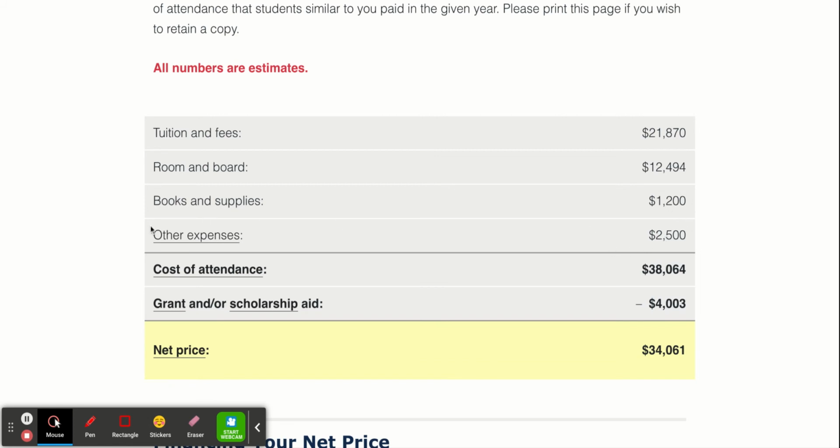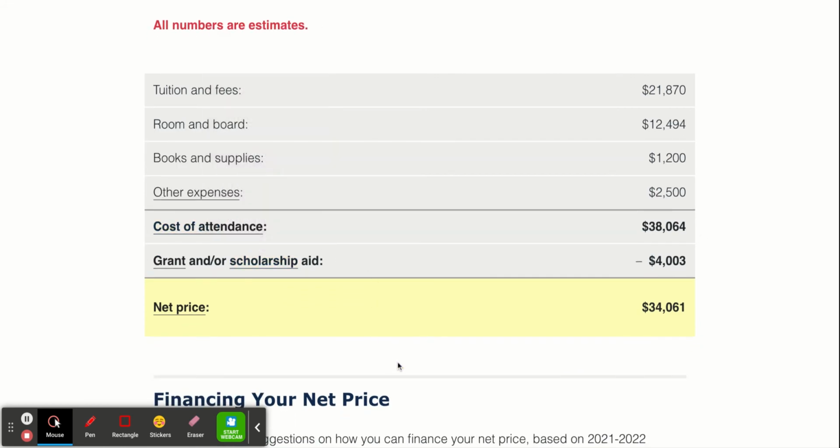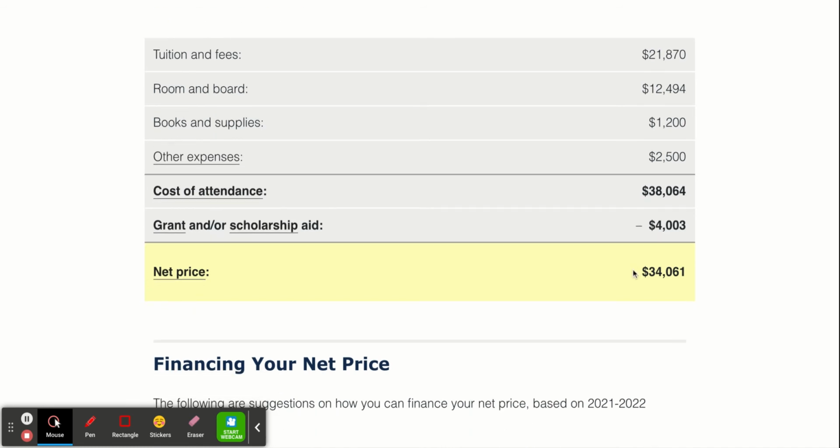Other expenses, if we click on that, could be personal expenses, transportation, if you need a laptop, things like that would be under personal expenses. So the cost of attendance for U of I right now is $38,064. According to what I've inputted based on my financial information, they are estimating that I will get $4,000 worth of aid, which makes my total cost of attendance